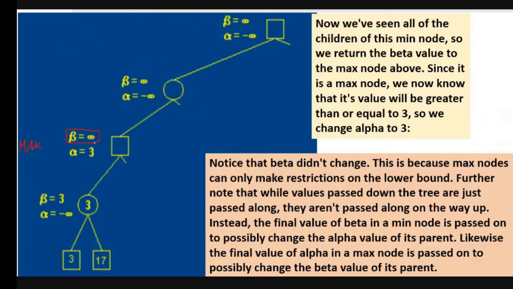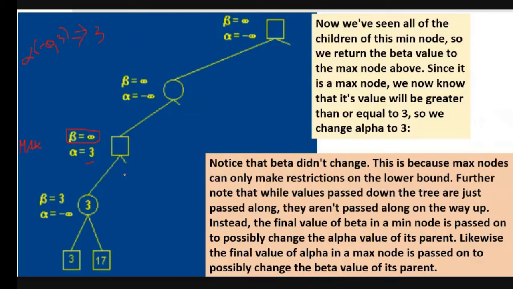So alpha, that is the value, should be less than or equal to this 3. So we are updating this. Now we had this alpha previously as minus infinity, is it not? So if you compare this minus infinity to 3, who is maximum in this? The maximum value is 3. So the alpha has been updated to the value of 3. So this is the value I have picked.